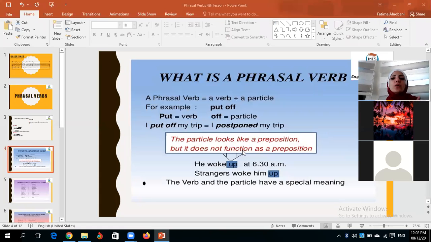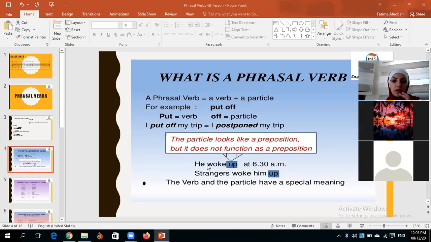Okay. So again, the phrasal verb is a combination of a verb and a particle or a preposition, but we do not call it preposition. We call it particle. Again, English is made up of a small number of words, but we combine them together to produce even more words, and phrasal verb is a great example of that. Now, the difference between phrasal verbs and prepositional verbs, the ones we're going to take tomorrow, is that a phrasal verb can be separated and you can put an object or a subject in the middle between these two words.